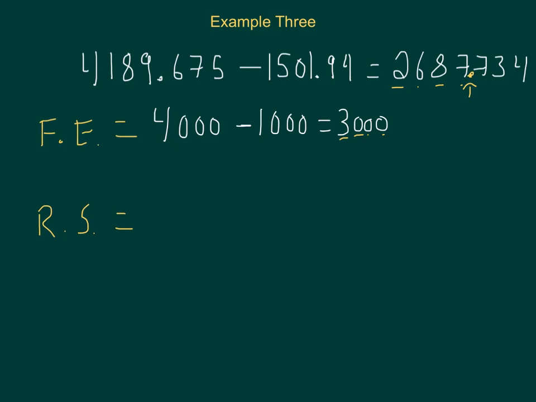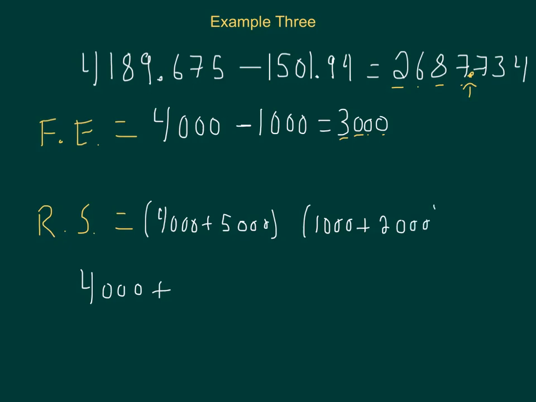If we were to use relative size, same idea. We're going to look at the idea that 4,189 is between 4,000 and 5,000. It's closer to 4,000, so we're going to keep it the same. And when we look at 1,501, we know that is between 1,000 and 2,000. Now just barely, but because it's 1,501, that 500 will round up to the 2,000, so it rounds up to